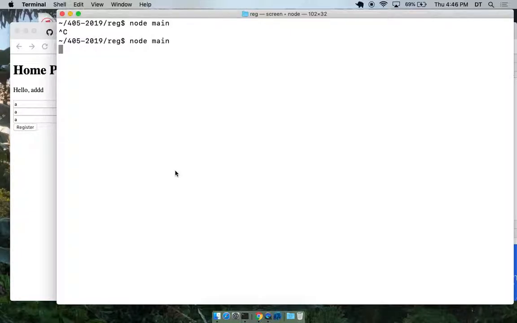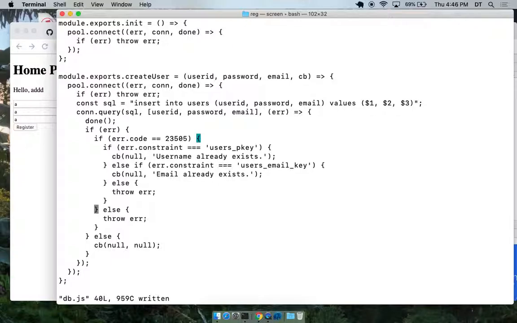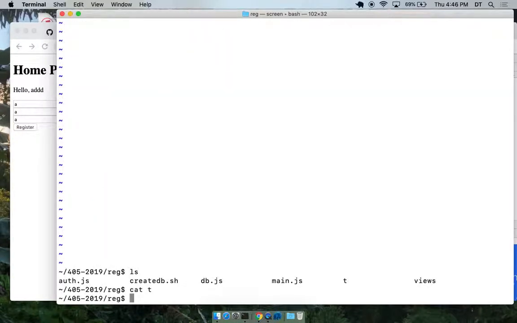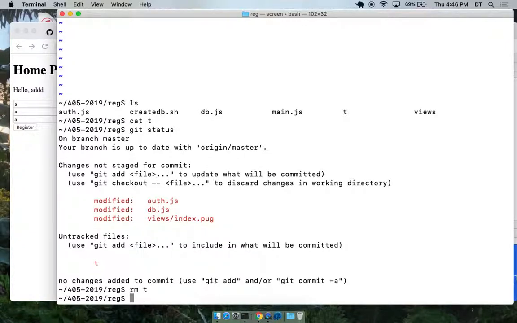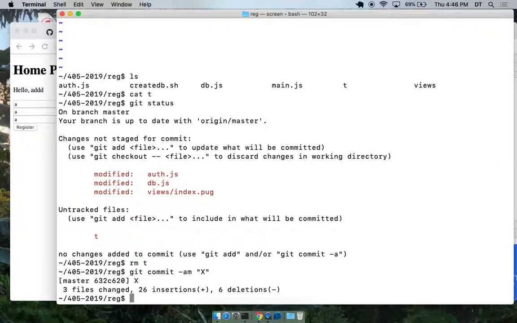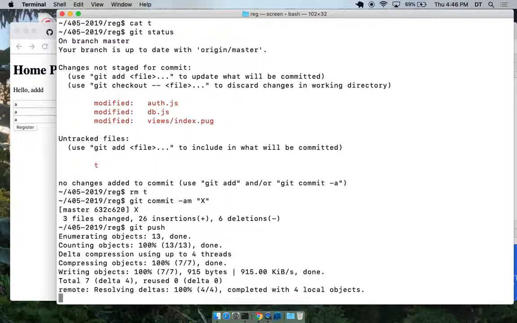Got it. Let's take a snapshot. And I don't need that T. I'll push that. You can see that online if you want.